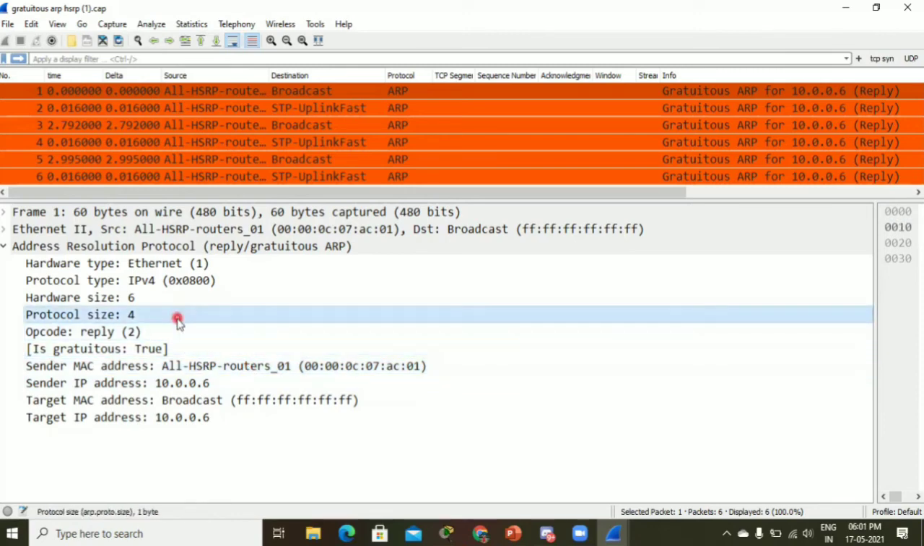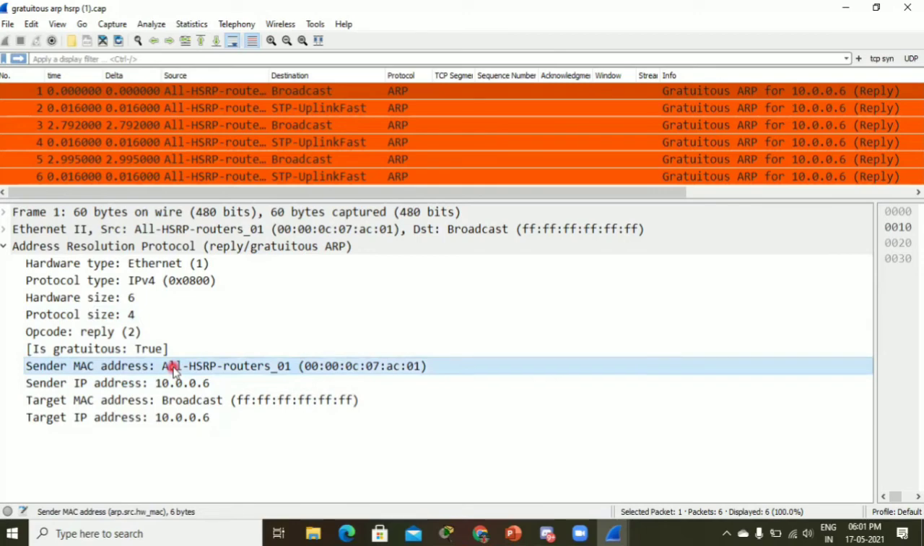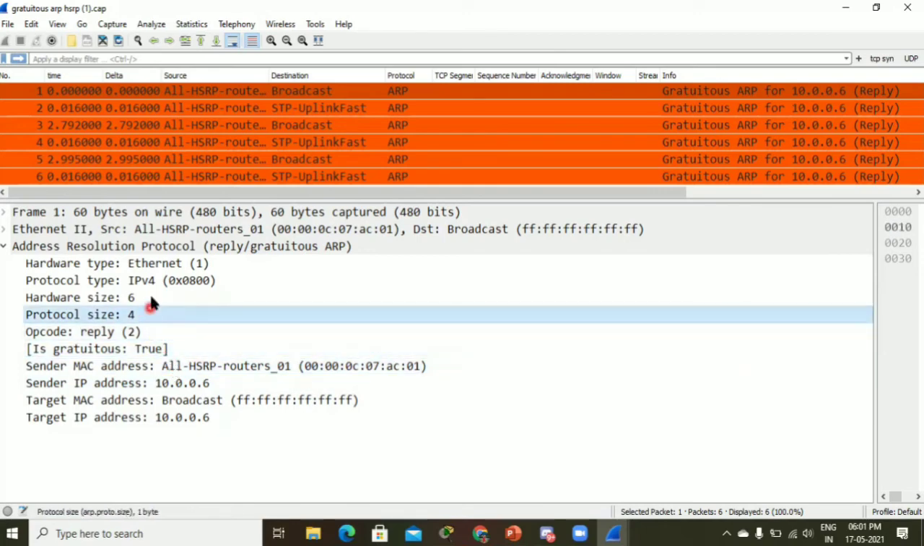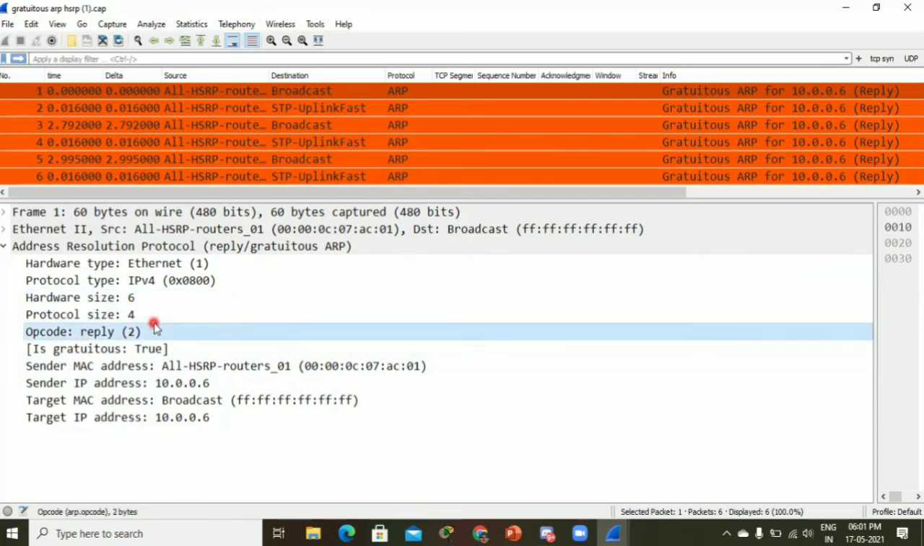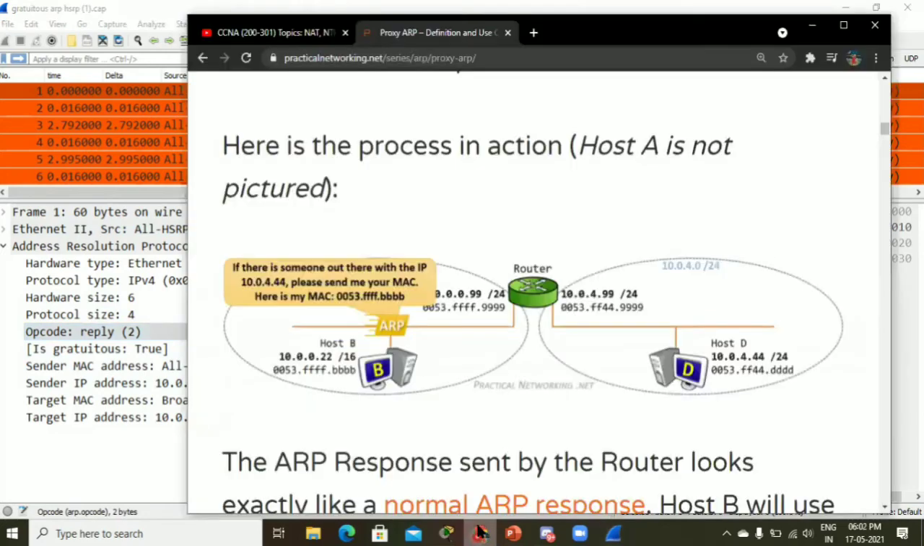So HSRP uses GARP to announce the IP address of the HSRP, which is the virtual MAC address. So to announce the existence of a node, GARP is used. Okay, so these are the differences between ARP request, GARP, and ARP probe. Next, we are going to be learning